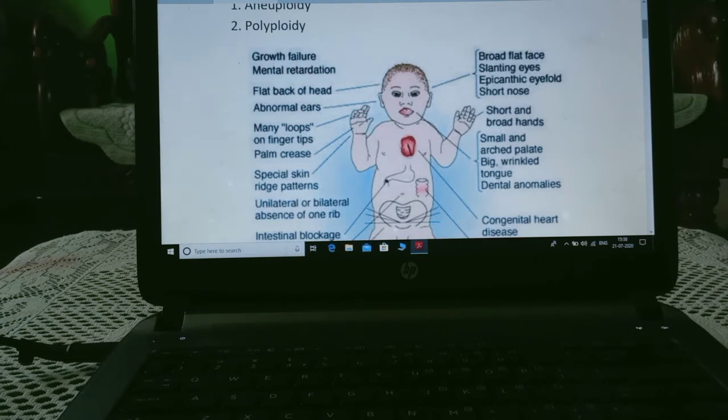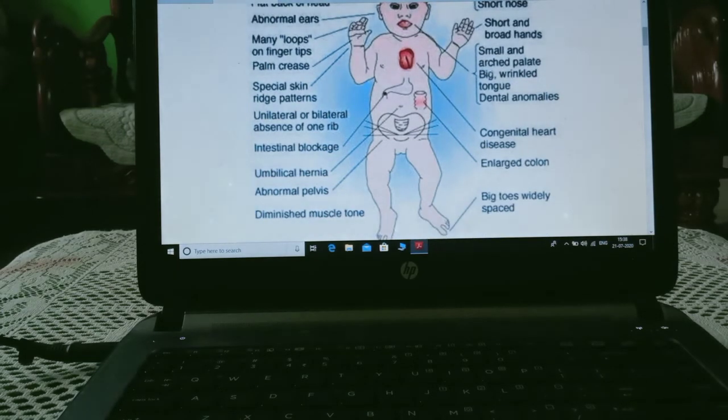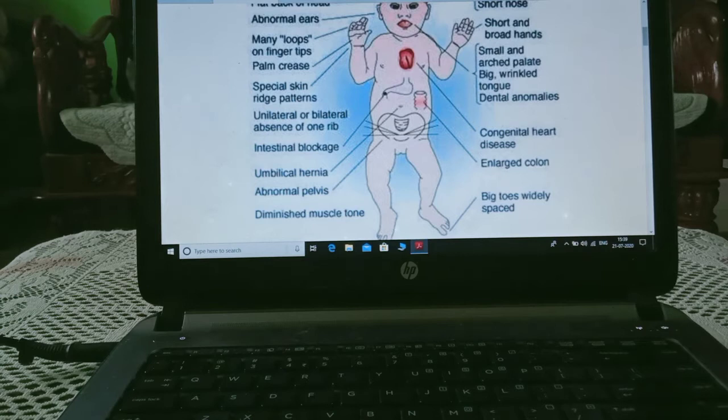epicanthic eye fold, eye folds are in a very unusual manner, short nose, short and broad hands, small and arched palate, palate inside the mouth. We have studied in the 11th standard, soft palate and hard palate, so this is divided. Big wrinkled tongue,